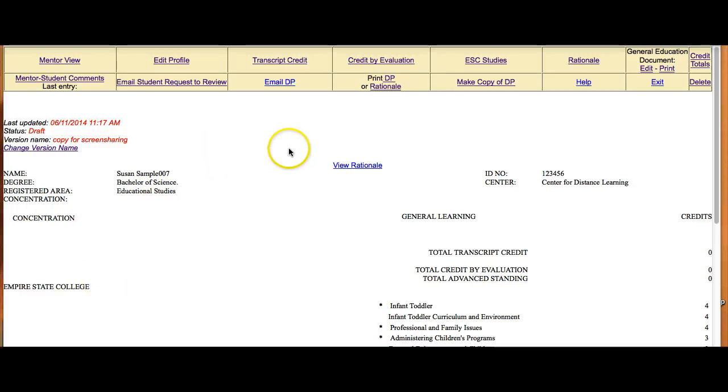This is a degree planner. You can see here you've got some buttons up at the top that you can click on for help. Mentor view, that's really for the mentor to be able to see the degree plan. You can edit the profile, and if I click on edit profile,